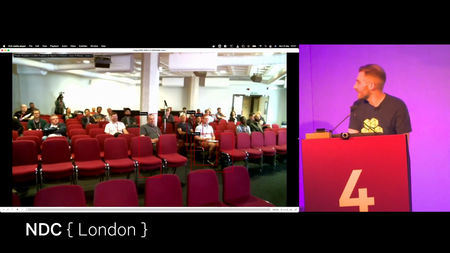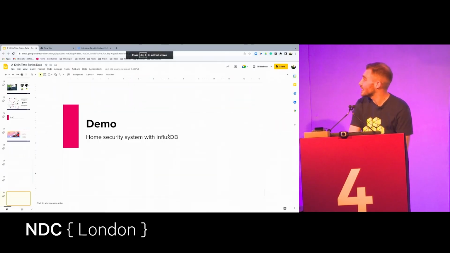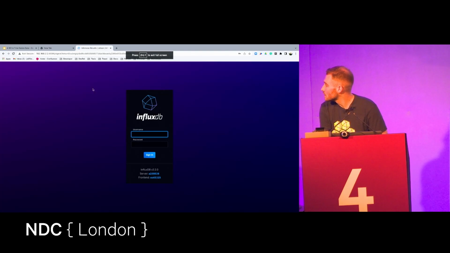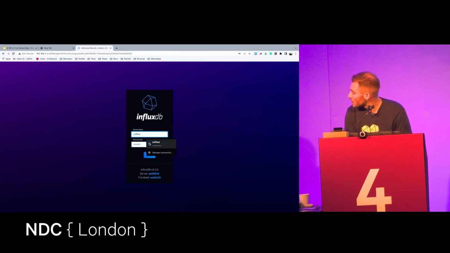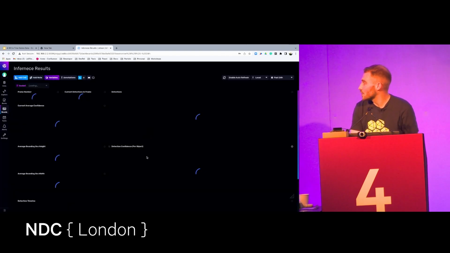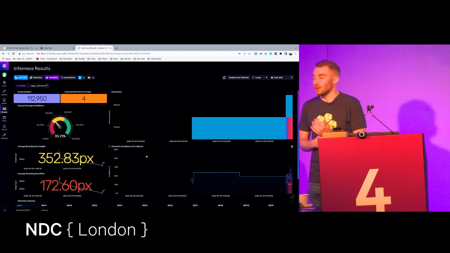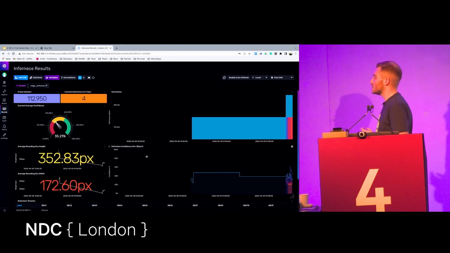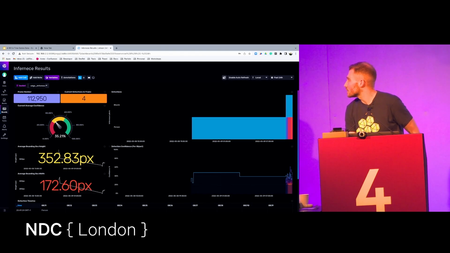But the idea here is to show you how we are storing and maintaining that in Influx. So I quickly log in here. This is InfluxDB, and this is running on the device. This is running on the Jetson Nano. And you can see the visualization and dashboard that we're running here over the course of time. You can see a number of visualizations that we're running.